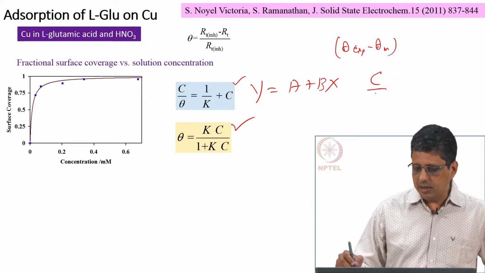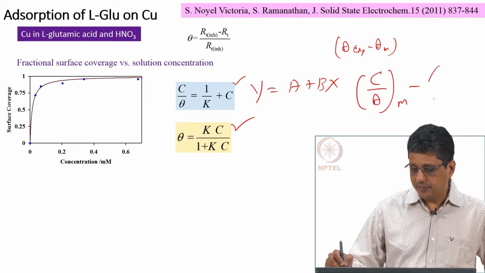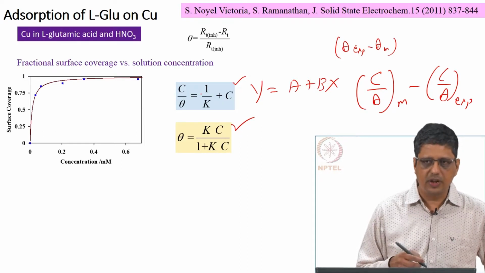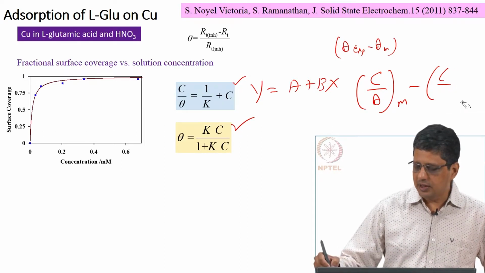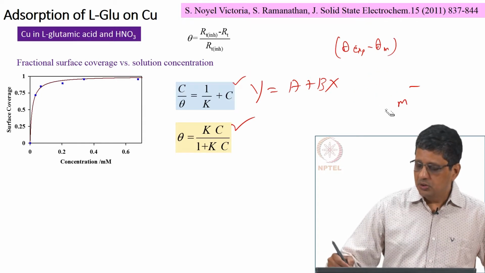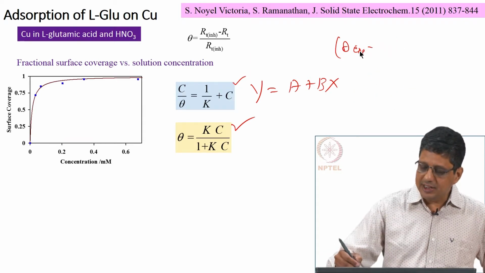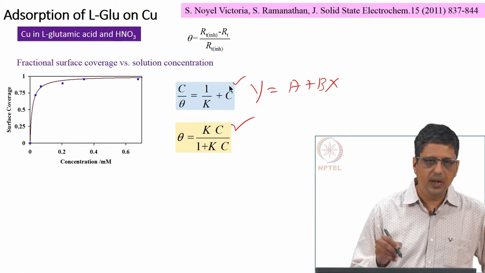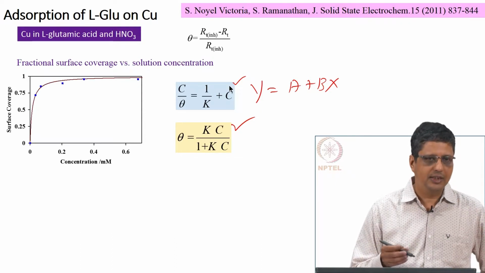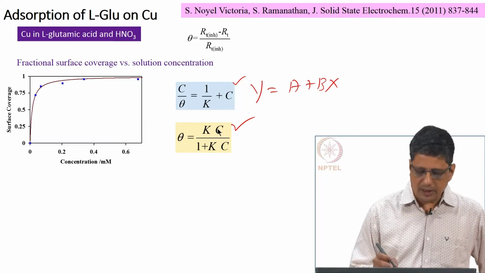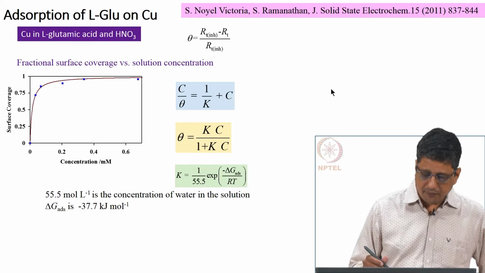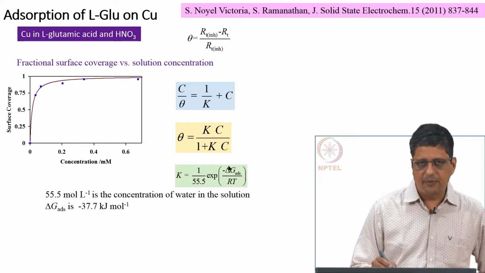Here what it does is it minimizes the error of C by theta, and that means there is going to be a difference in the value of k that you get, there is going to be a difference in the confidence value of k that you get. So, just because previous literature shows you this formula and says they minimized based on this, it does not mean you will have to do it that way. Now that we have access to easy nonlinear fit tools, it is better to use the actual equation and fit it. And when you fit it, you would get a value for k, and that k is related to the del G value.